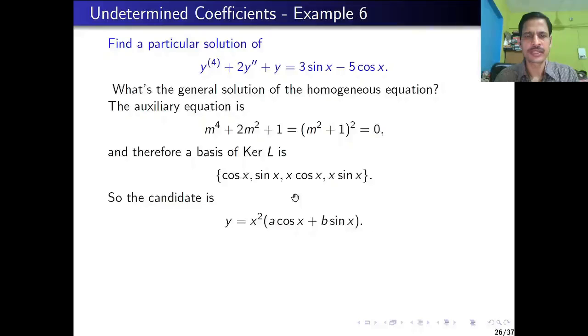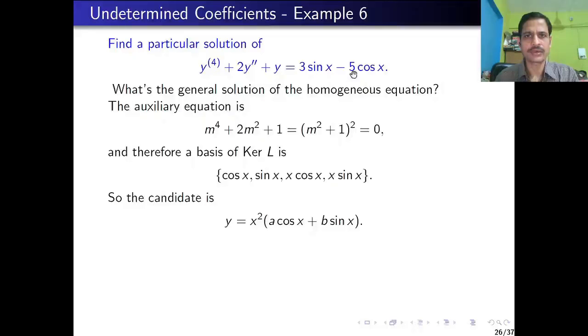So the candidate for particular solution, by using the scheme that I have described earlier for particular solution of the undetermined coefficient method, is y is equal to x square bracket a cos x plus b sin x. Here sin x and cos x are solutions of the homogeneous equation,